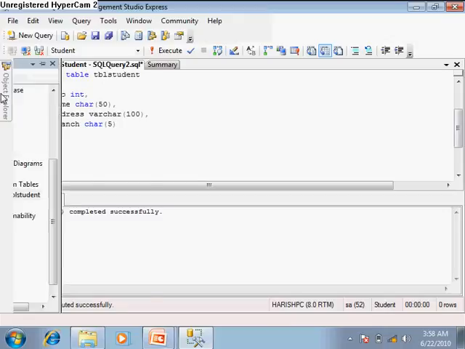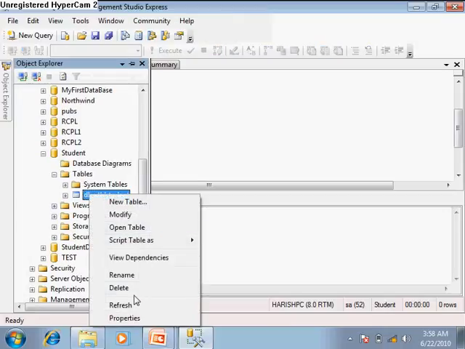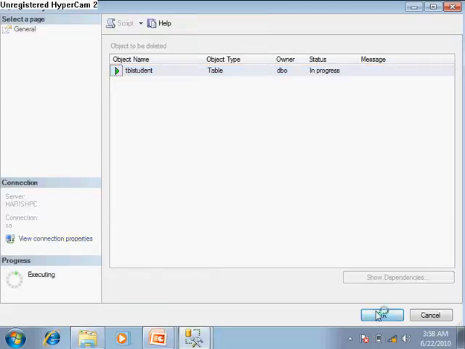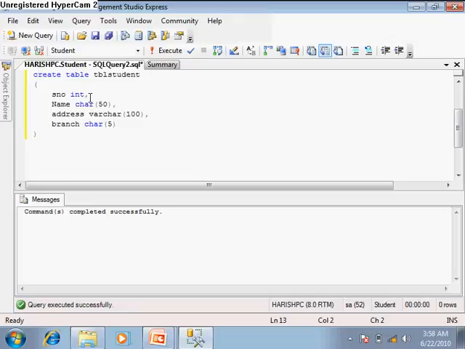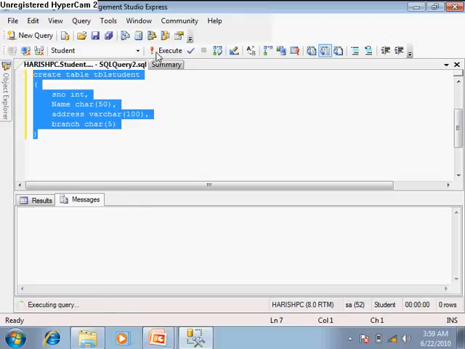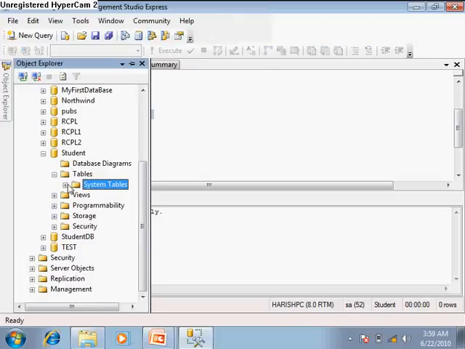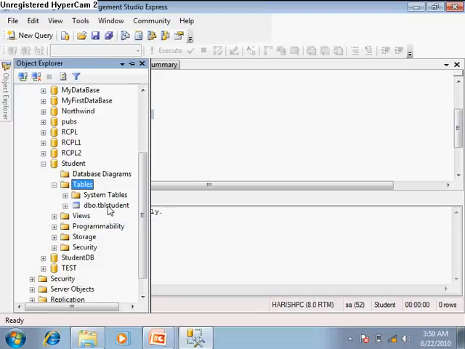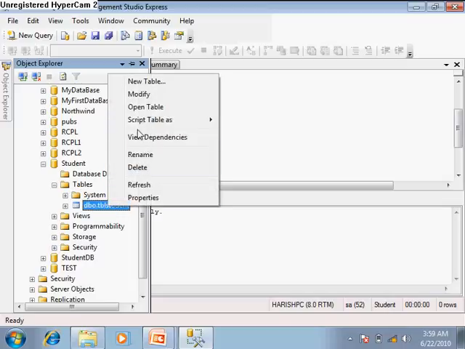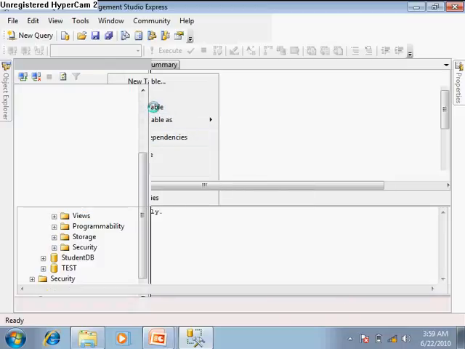Similarly, suppose I go and right click and delete this directly. You can also directly delete it. And I want to do some more things. Once you create this, I go to this and refresh it, and I directly enter some text in this. If I go to the data, open table,